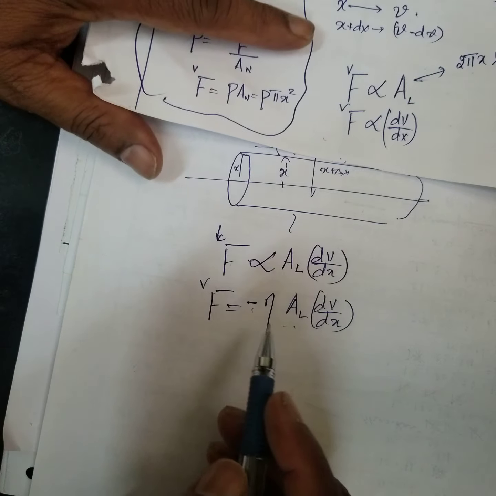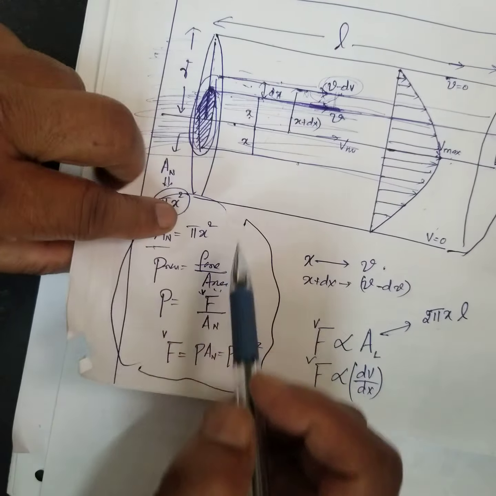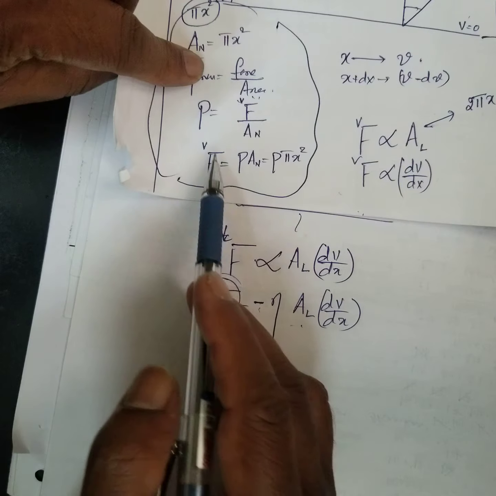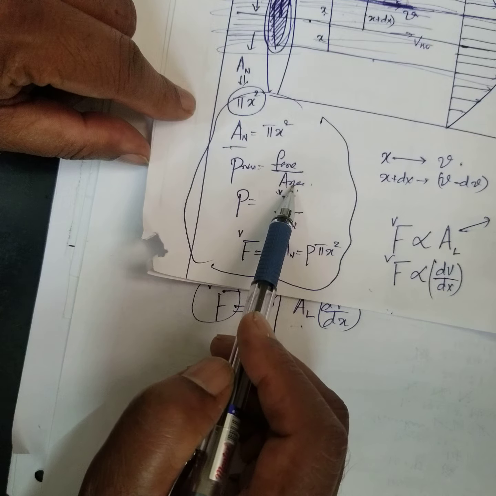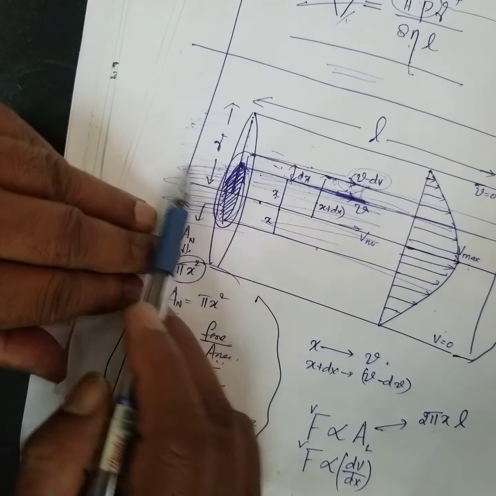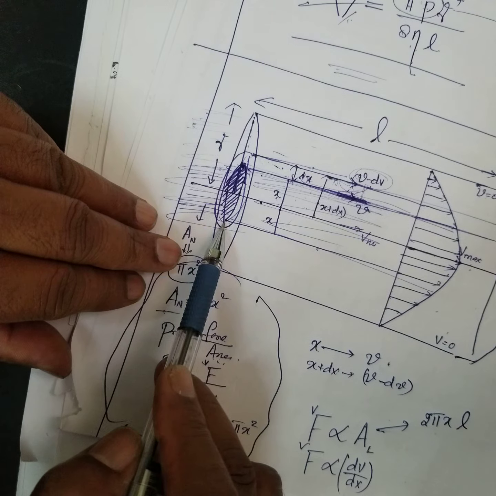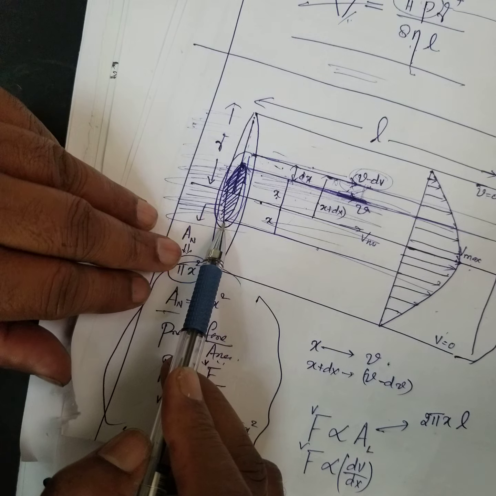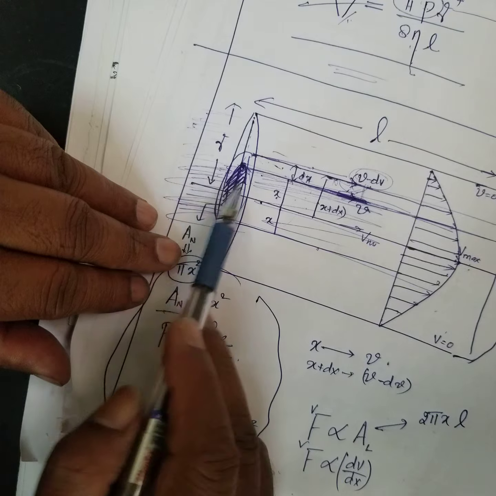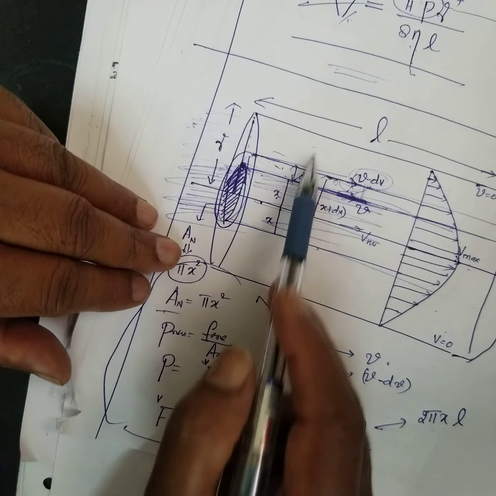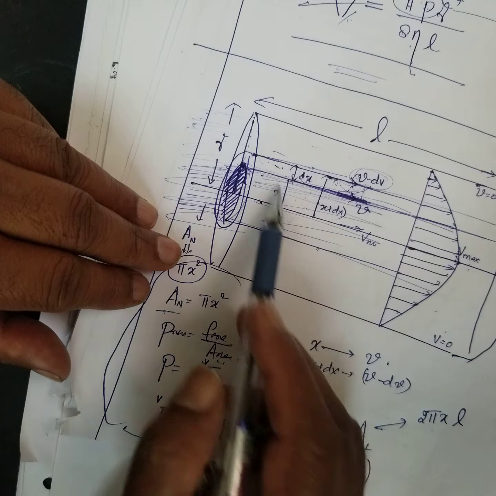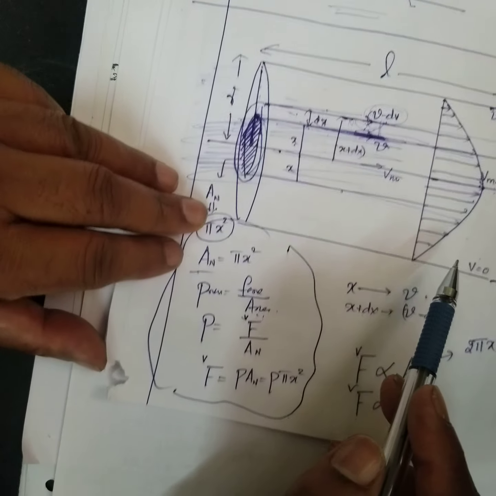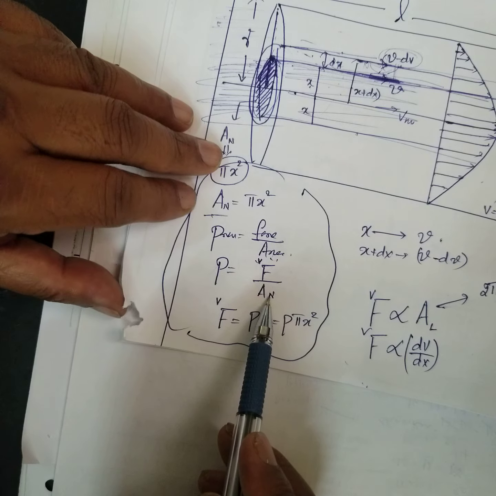Now, why is it moving? Because of the force. Pressure is force per unit area. It is moving because a pressure is acting. The pressure at any section normal to the flow is constant. There is no radial flow, only horizontal flow. Therefore, pressure is constant, and pressure is equal to force per unit area.